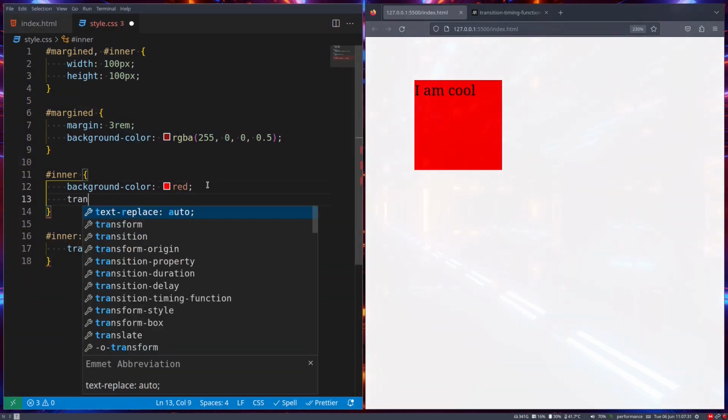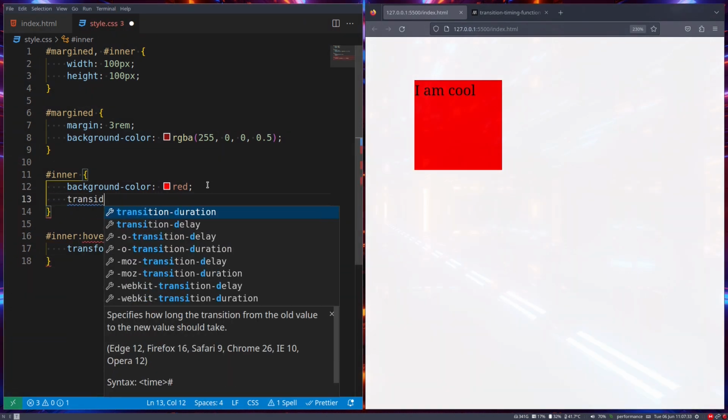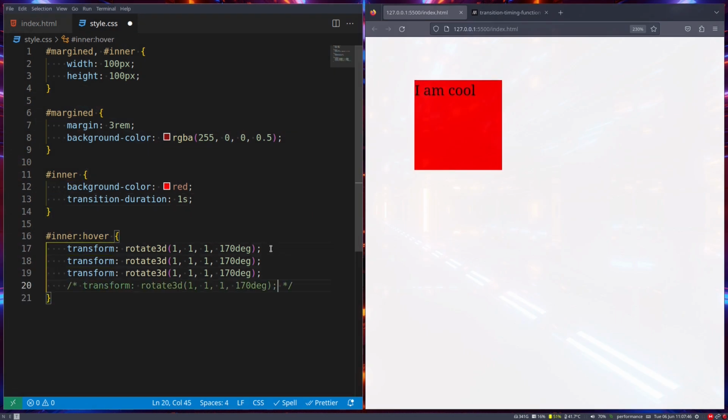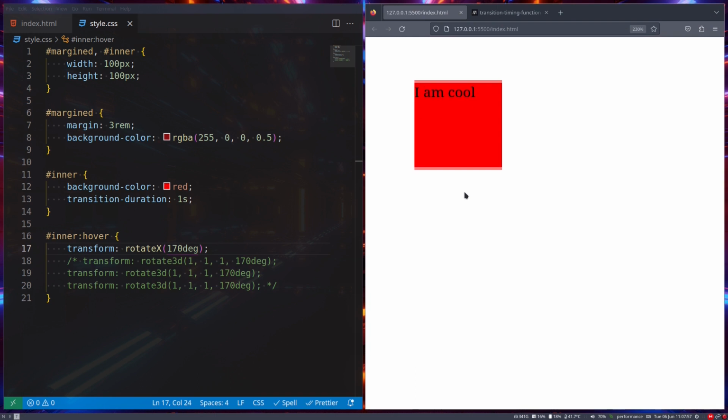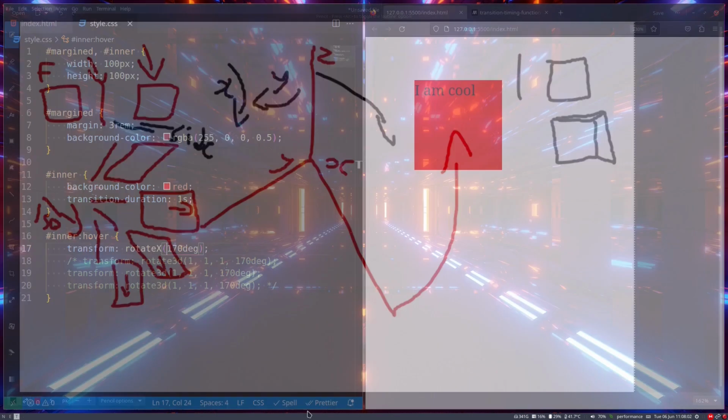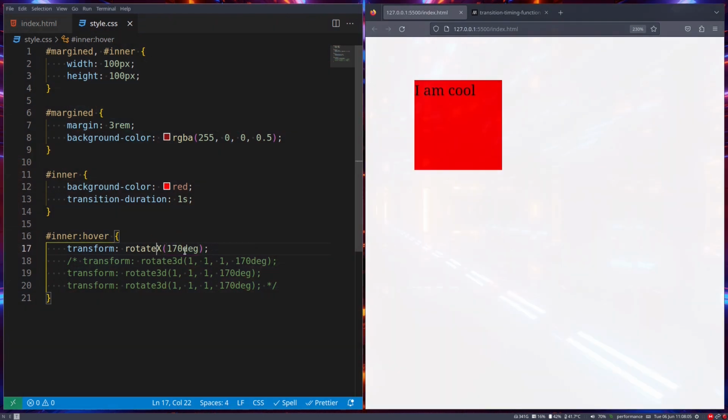Now if we say transition duration 1 second, now I have a 3D way of seeing what's happening. So this is actually a great way to show you what has been happening. So let's go here and say rotate X 170 degrees. So this is what I've been showing you from the side view where it flips all the way until it's upside down. And in the one I was struggling to visualize to you, Y, as you can see, as cool as that. And of course Z,